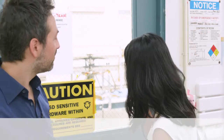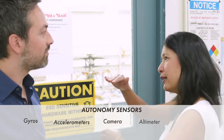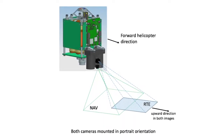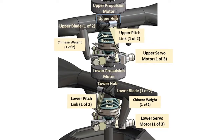You'll find out. The way this flies autonomously, it has onboard gyros, onboard accelerometers, an onboard camera, an altimeter, and an inclinometer. Using that sensor suite, real-time measurement against the terrain, and of course the gyros and accelerometers sensing on board, the real-time estimation of the state of the vehicle is made continuously, again, hundreds of hertz. That's fed into the closed-loop control algorithm that takes the estimated state and generates the correction that's needed at the blade level,